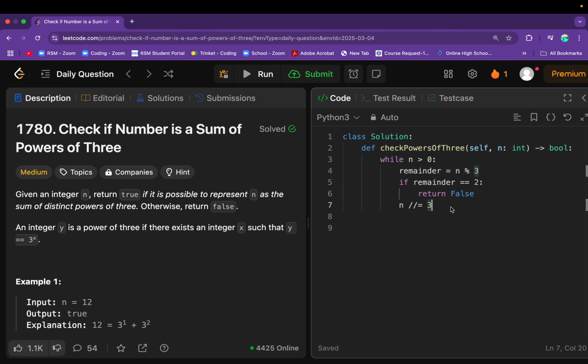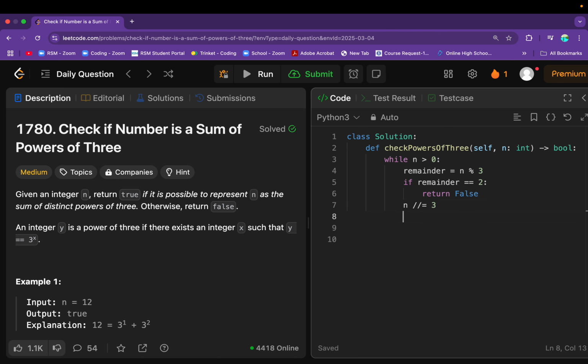And what this operation is really doing is removing the last base 3 digit from n, and then we can check the next last base 3 digit in the next iteration when we divide n by 3 again, right? And effectively, once this loop terminates, if we haven't returned false with any of the remainders in any iteration of this while loop, once we've processed n completely,